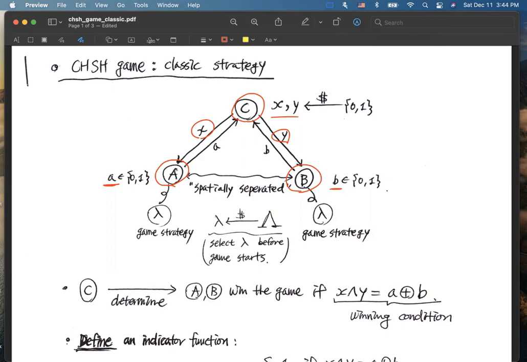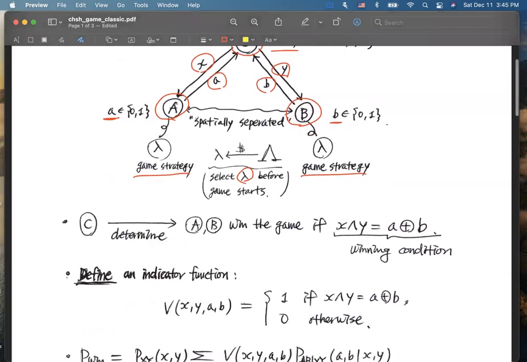Note that before the game starts, they already have a randomly generated game strategy lambda, so that the game strategy lambda helps them decide the a and b values. Once they have a and b, they send a and b to Charlie. After that, as Charlie has all the values x, y, a, and b, then he decides